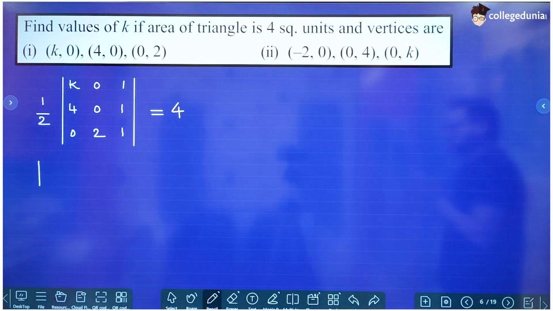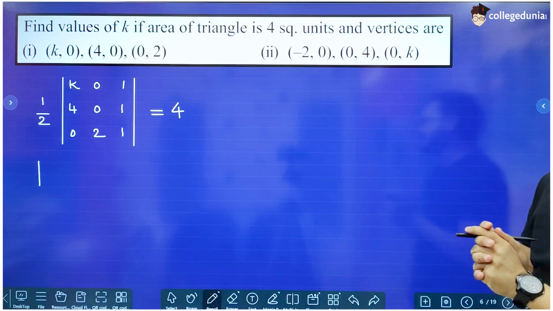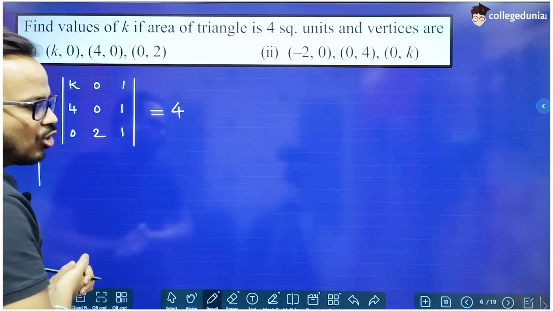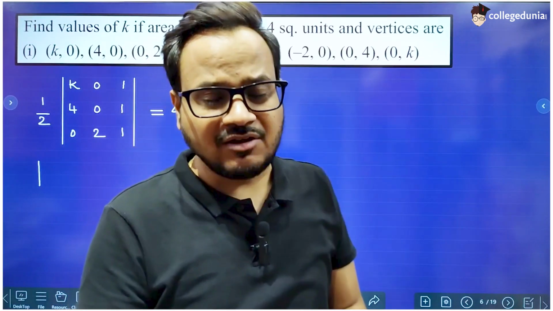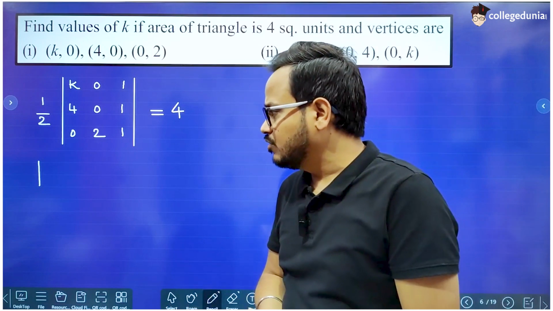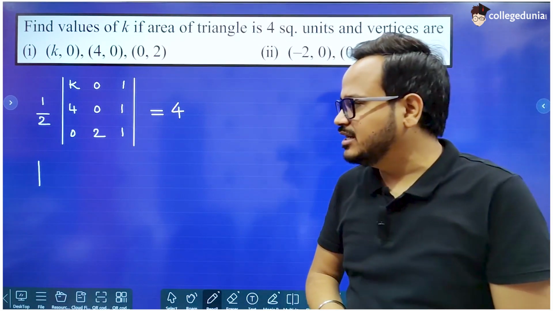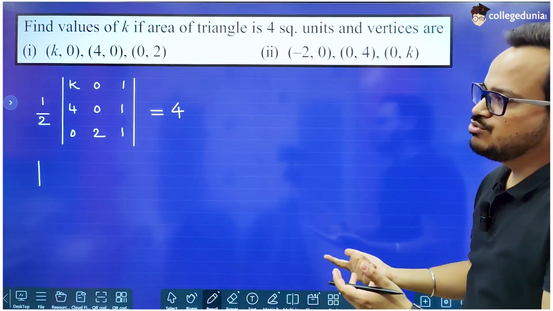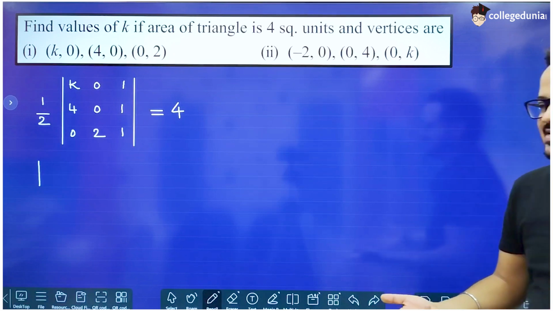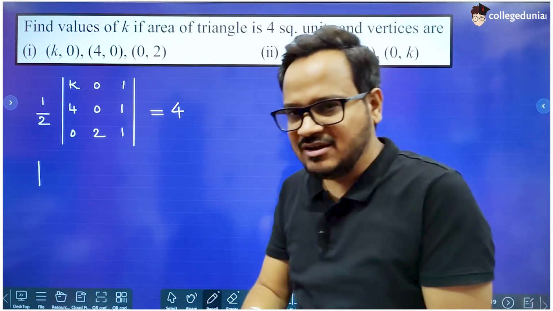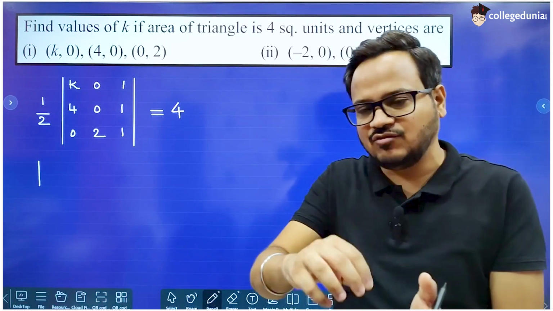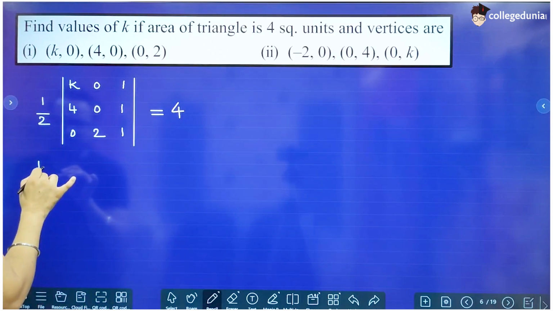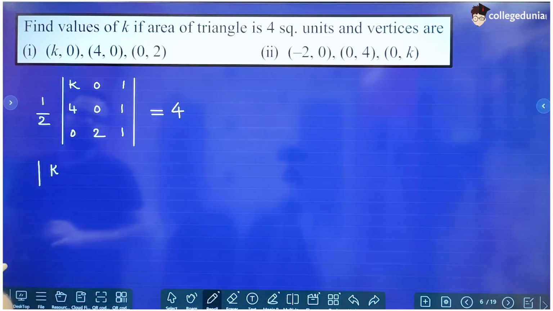Mod means this area can only be positive, right? Because when something is written in mod, you just remove the negative sign if it is negative and you take it as it is if it is positive. And we use mod when we are finding the area because area cannot be negative. Since we are just solving these values, the answer can be negative, but we cannot take that as negative. So we have to put the mod. Even if the answer inside the mod is negative, we will take that as positive because we are finding the area. So mod k